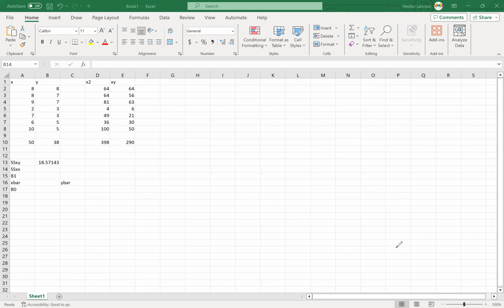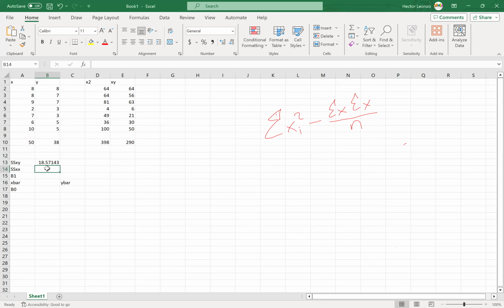So my formula, just for me to remember, is the sum of xi squared minus sigma x times sigma x divided by n. Okay, so let me